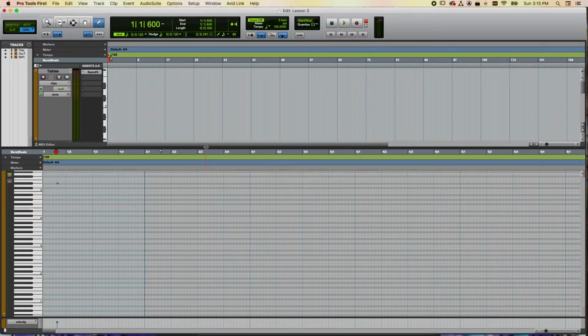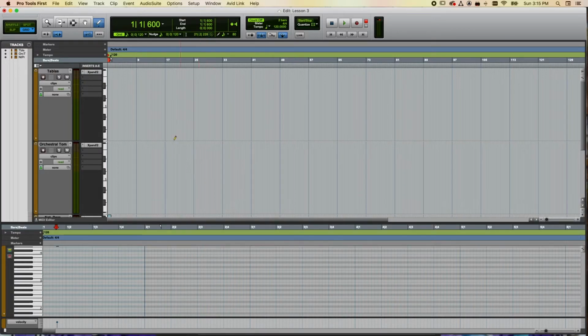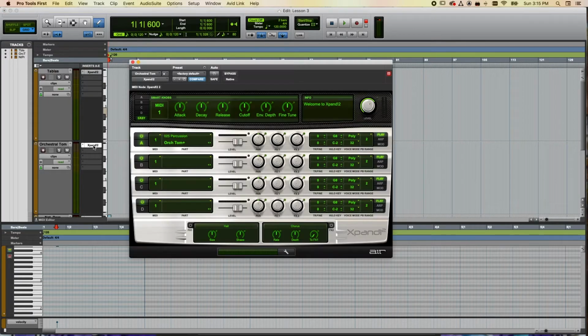So that's a key thing to remember sometimes as you're trying to find an instrument in Xpand!2, but also in other synthesizers and samplers that you might get down the road, is that the sample, the instrument might be